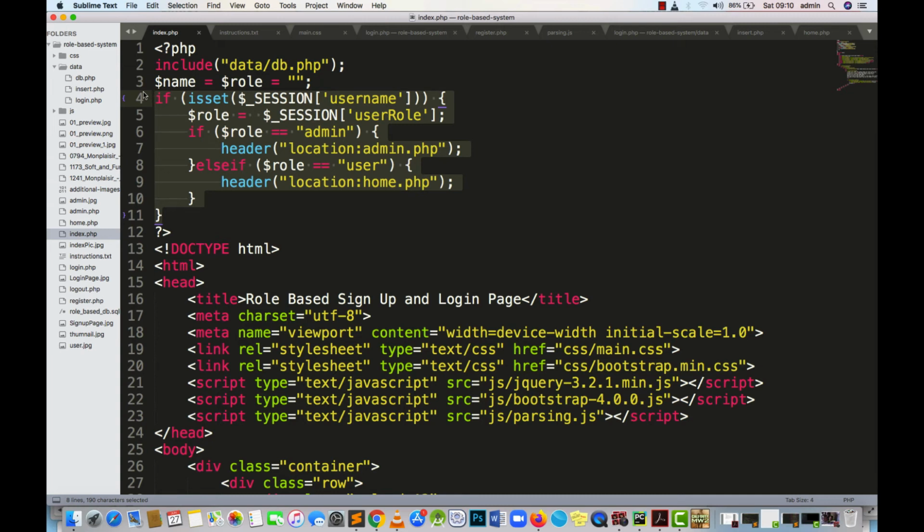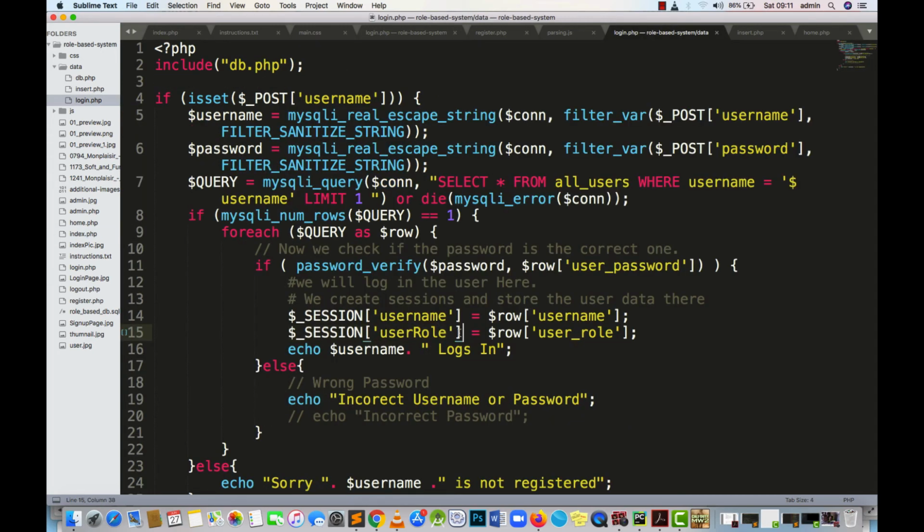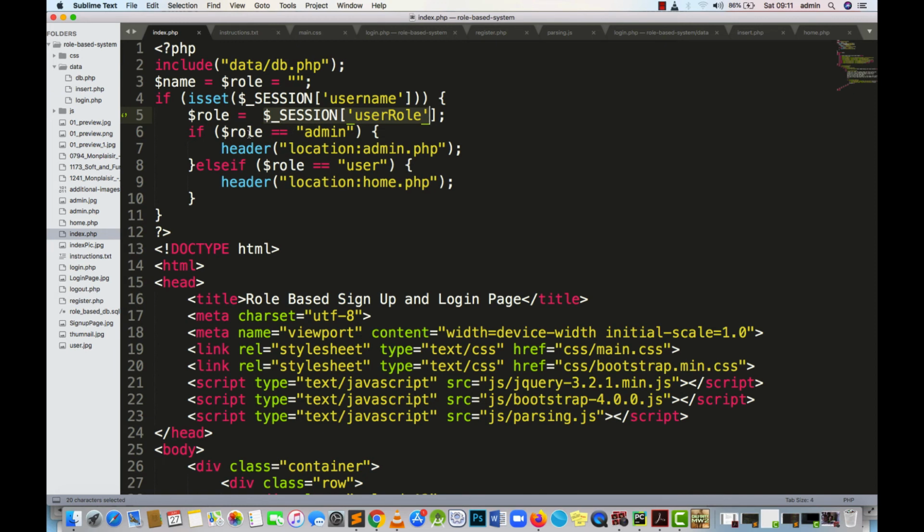This is a very important PHP script for us to process the users. It says if the session username is set, then row is equal to session. We just create this variable here, which was equal to nothing, but here we assign it the session user row, which we created in the login PHP script. Then we say if the row of that person who has tried to log in is equal to admin, then header location admin.php. Let's send the user to admin.php. Else, if the row is equal to user, let's send them